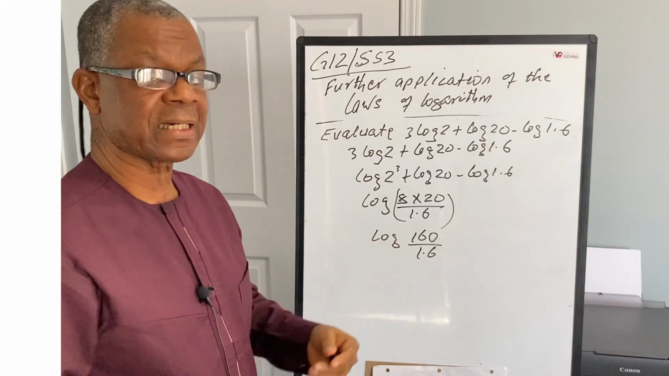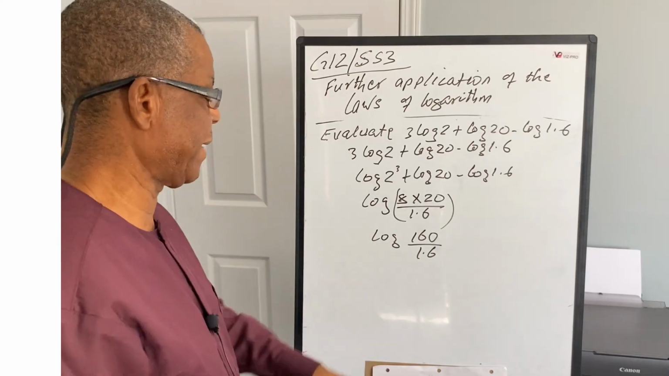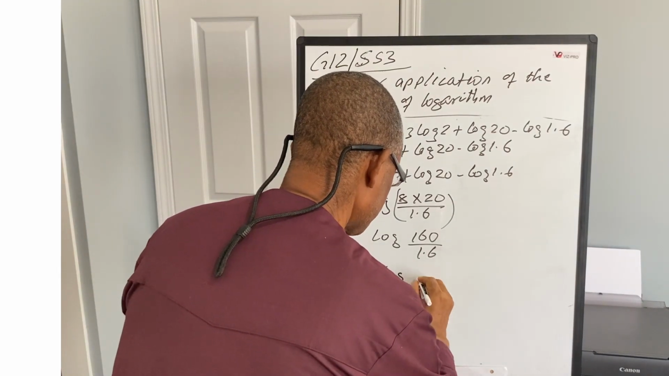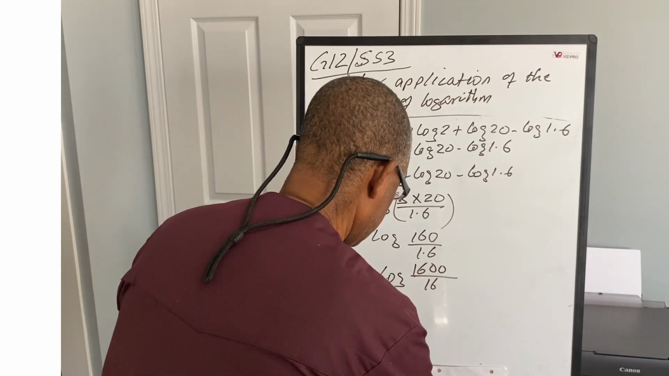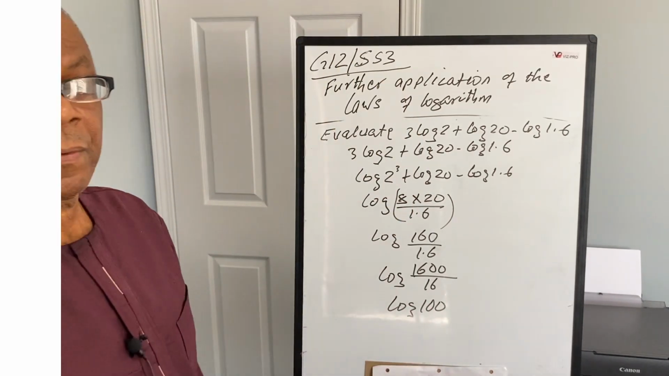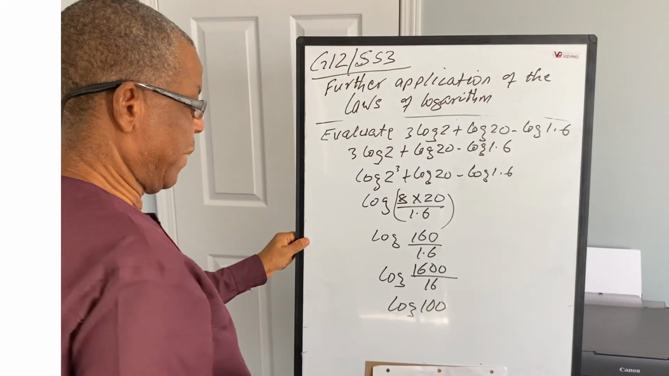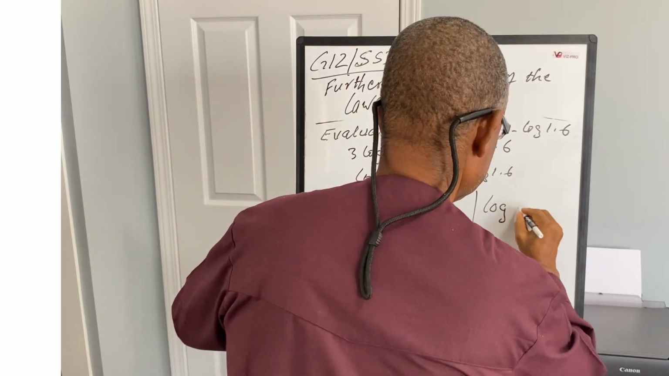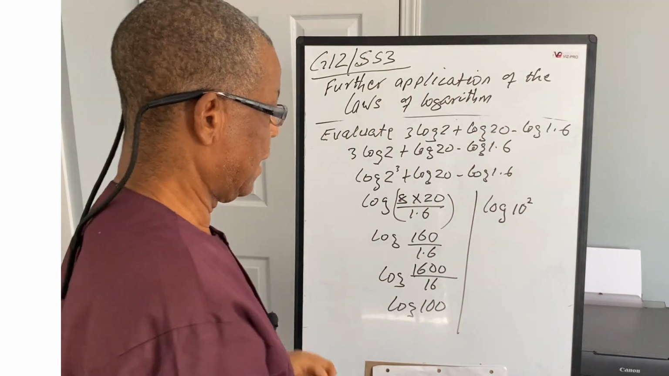To save your time, to make this a whole number, or rather to eliminate this decimal fraction, you multiply by 10, and what you do to the denominator, you do to the numerator, giving us log, this is 16 now, this is 1600. That will be log 100. We have not evaluated. We can go further by saying log 100 is log 10 raised to power 2. And that will give us 2